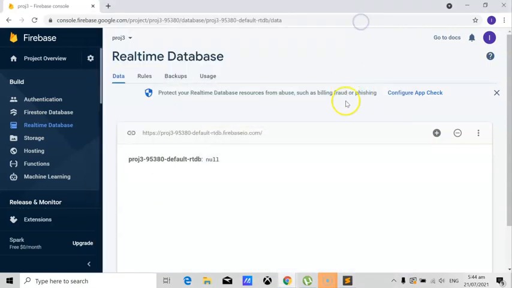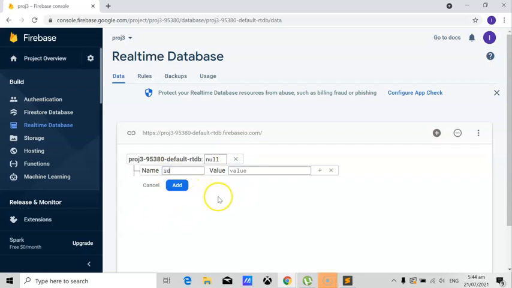Now let us move on. What's next? How to create your keys and values? Just click right here, and then you can add the name right here. For example, we have ID. You can enter the value 001. Add. All right. Next, for example, you add here location, and then you can type here, let's say,